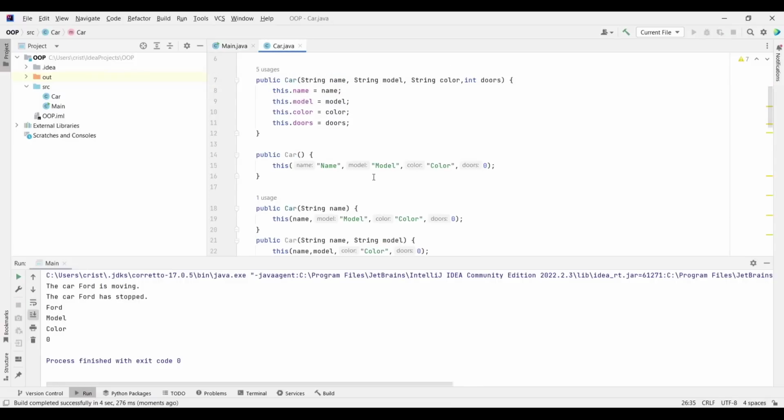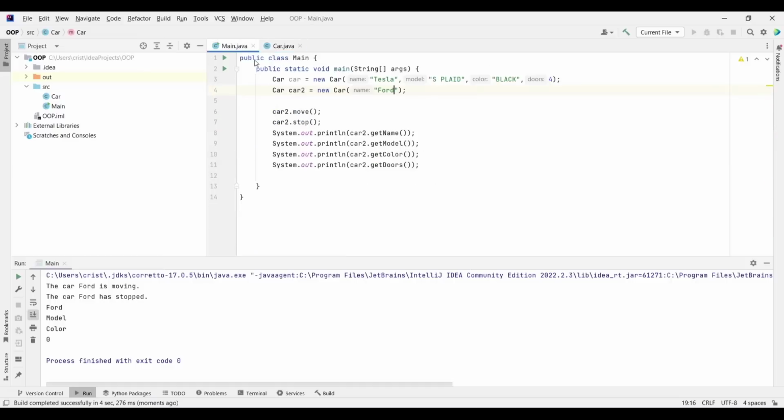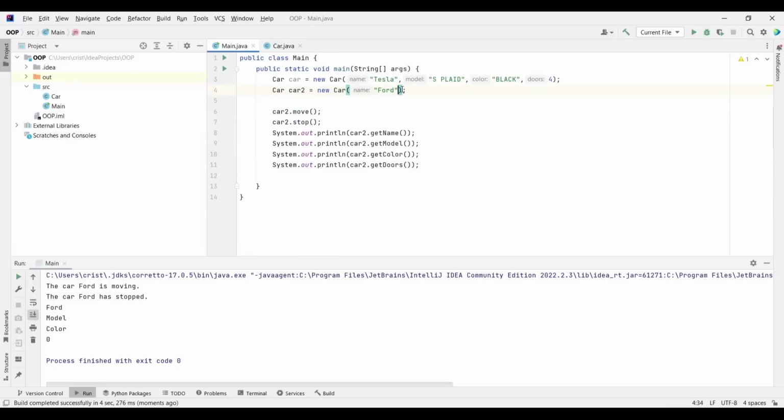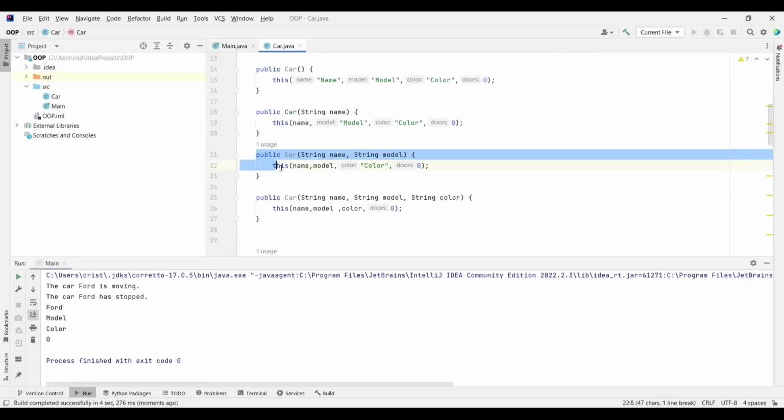What is that constructor? It's using this constructor here, because now we're passing a value, name for our class, and the next ones are defaulted. And you can provide another value, say the model Mustang, and now it's gonna use this constructor, and it's gonna get the name that we typed and the model that we typed.